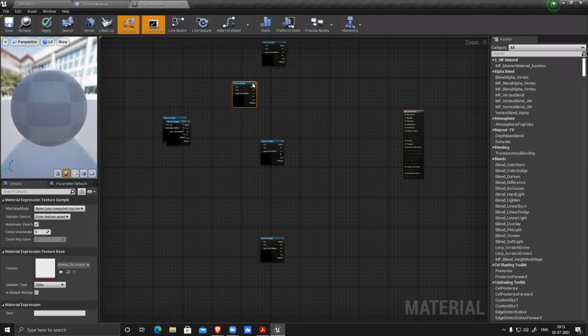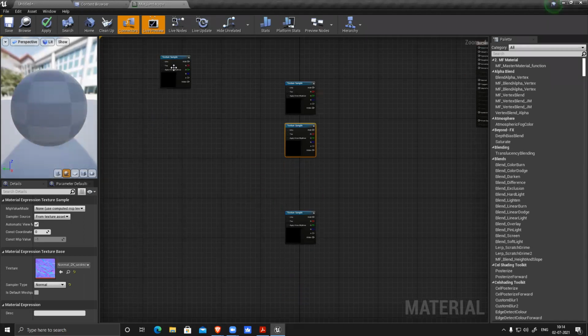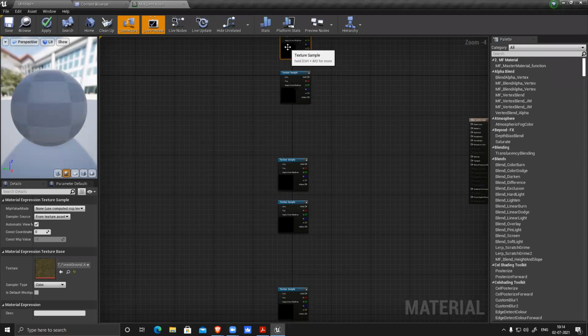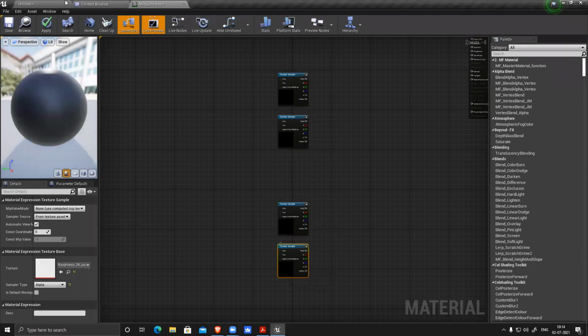I'll show you with the help of this. I can paint all this texture. You can see we have two different textures here. So align them nicely. Remember the sequence. So this is my grass ground. This is my cliff rock. Same thing, forest ground and rock.